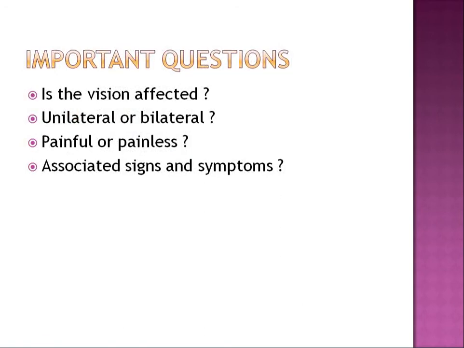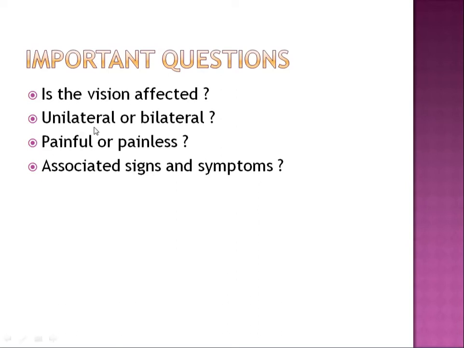Now, after knowing all the things which can cause a red eye, here comes the most important part, the important questions you are supposed to know. The first thing you see is, is the vision affected? You have seen in the last three conditions where the vision is affected and threatened. Vision is affected mildly or it is threatened. With any corneal involvement, the vision will definitely be affected. But vision-threatening conditions are acute congestive glaucoma, orbital cellulitis, or endophthalmitis.